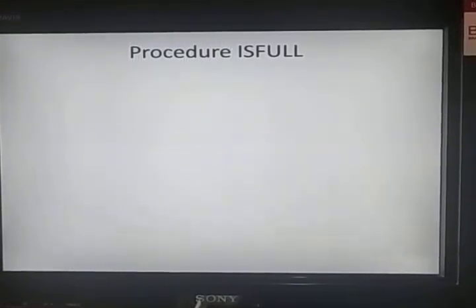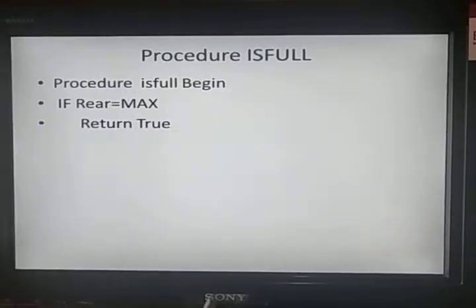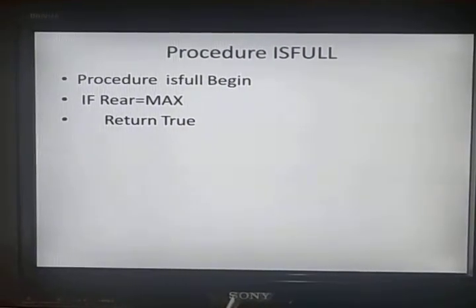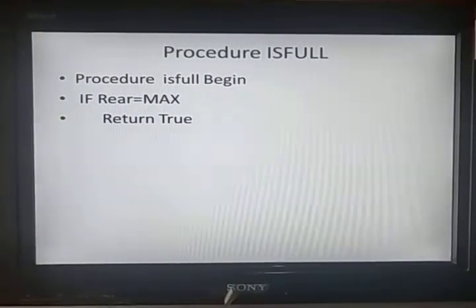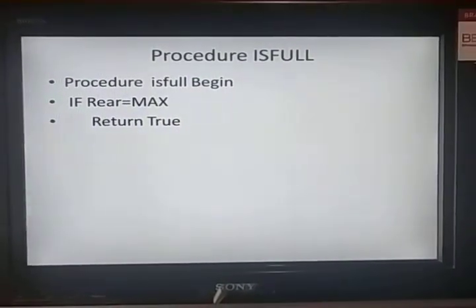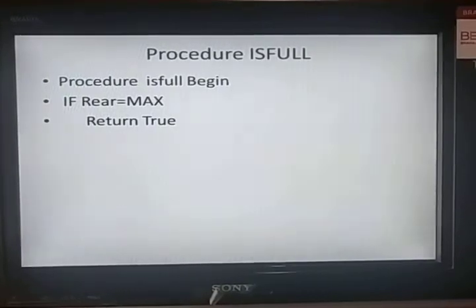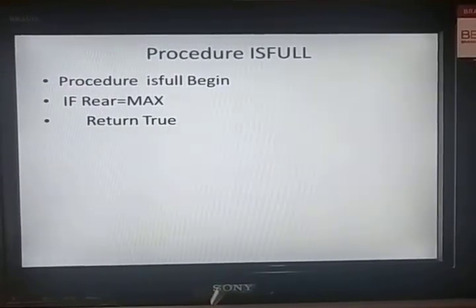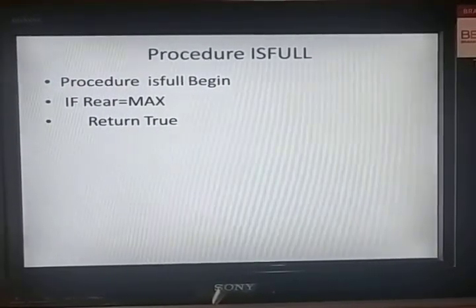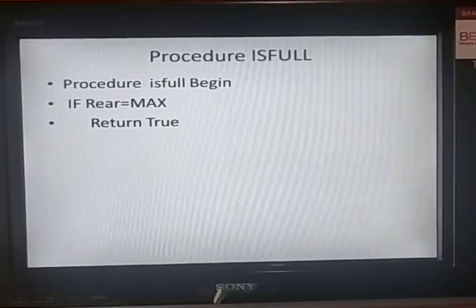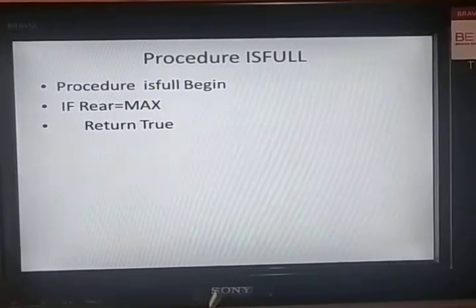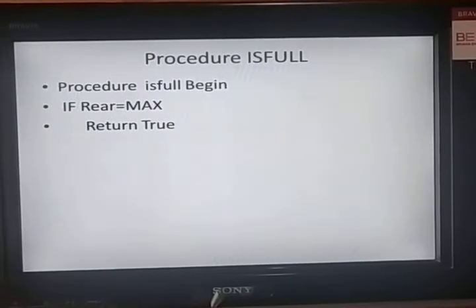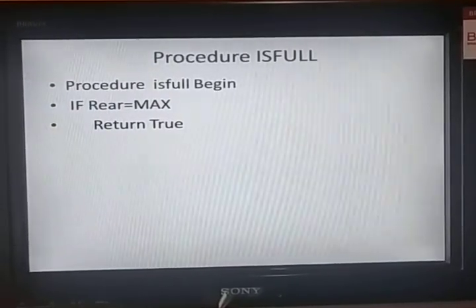Now you will learn the procedure isFull. If we want to insert an element into a queue, you have to check whether the queue is full or not. Procedure isFull begin, if rear equals max, then return true.